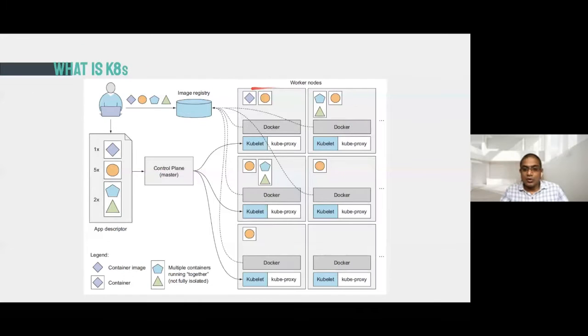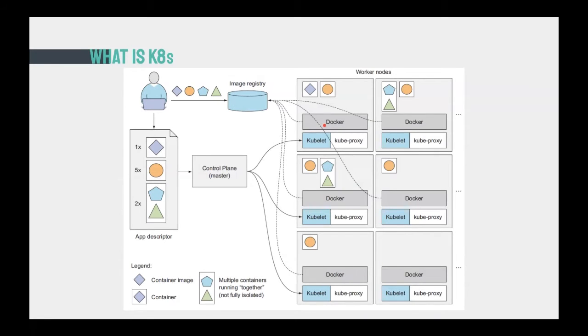And if you take a node, in this example I have put Docker, but this can be any containerized platform. You have the proxy, which is the outside interface, and the kubelet, which is managing the node as well.